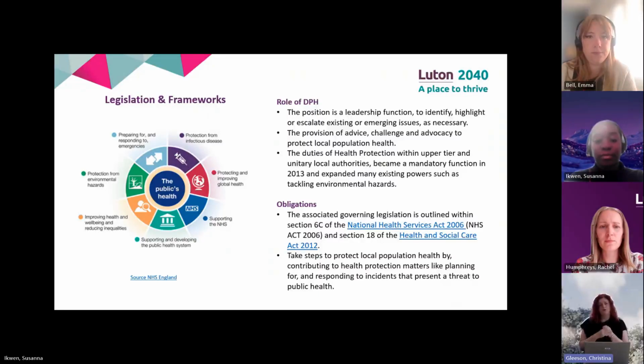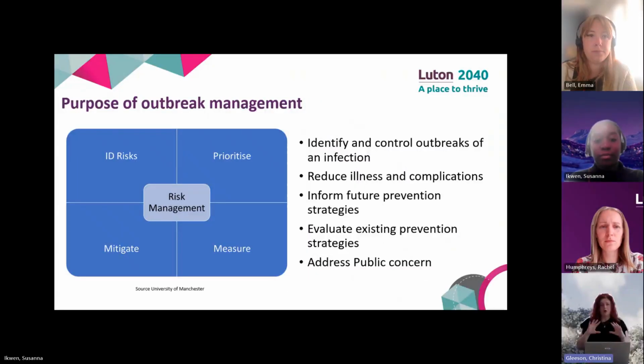So when it comes to outbreak management then, we look at it from a risk management perspective. It's very much about identifying risk, prioritize, measure what are we actually looking at, and mitigate what can we do to reduce the impact, ideally take the risk away altogether, or we talk a lot in public health about harm reduction. So we understand that there are some elements of lifestyle in which people engage in that they will continue to engage in, but we just want to have them doing it in a harm reduction style.